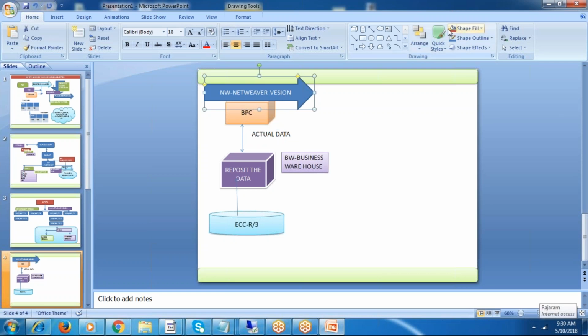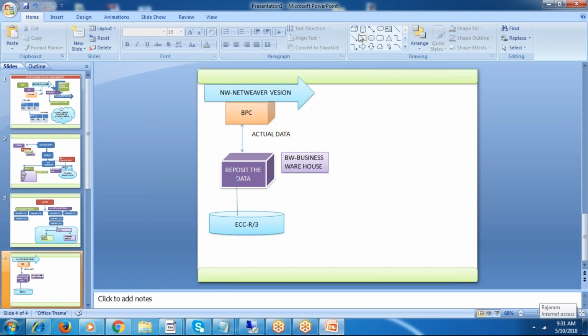Okay, this is the NetWeaver version. Why? Because here I am using the same products. See, here I am using the SAP product. ECC is my SAP product. BW is my SAP product. BPC also is my SAP product. If you come into this other box, say